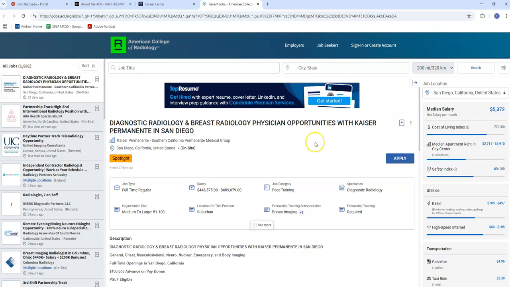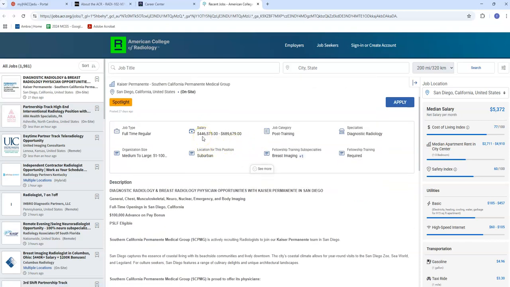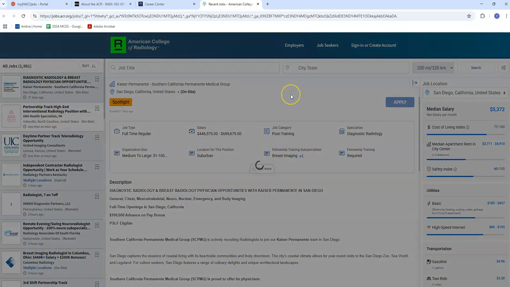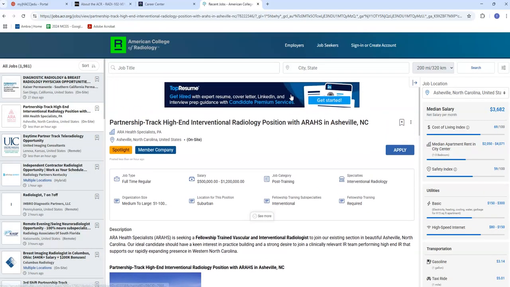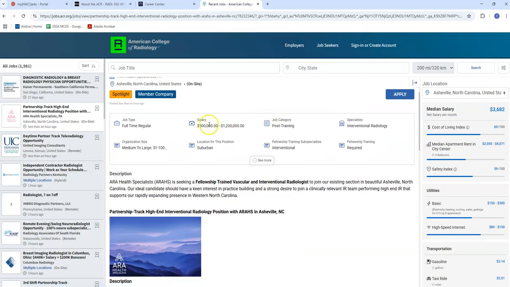Okay, so here's a job in San Diego, and the salary is $446,000 to $689,000. Interventional, let's see what that is. I think I want the interventional job. Yeah, there you go. $500,000 to $1.2 million per year as your salary.